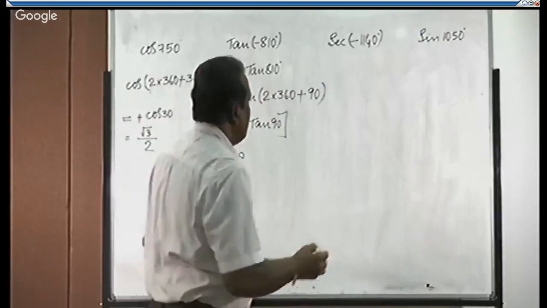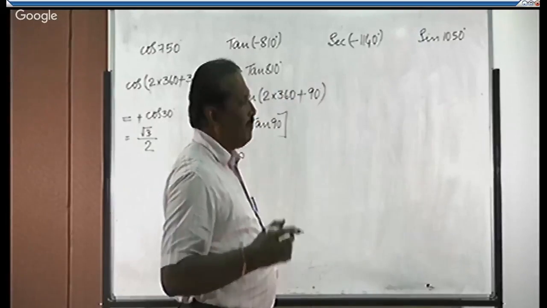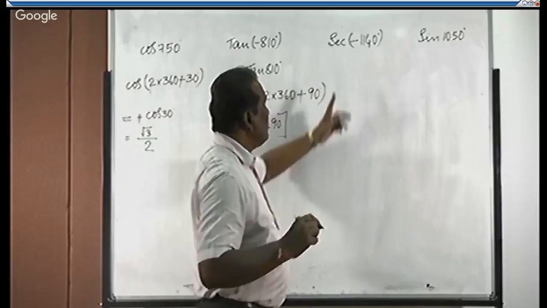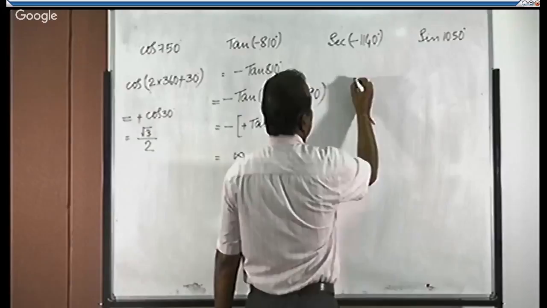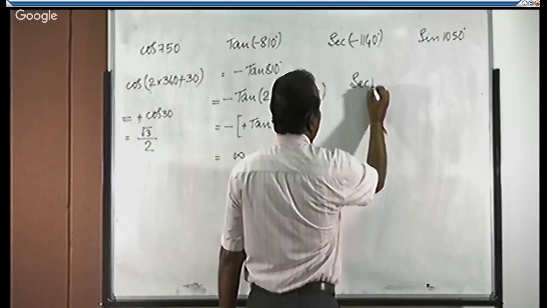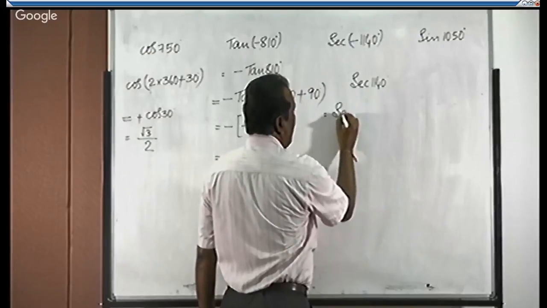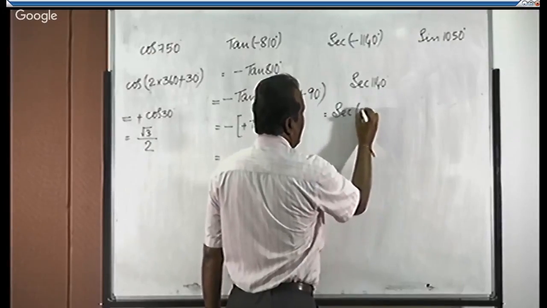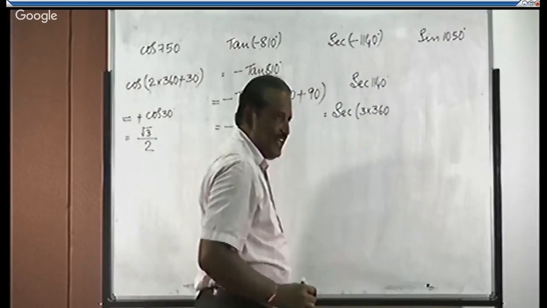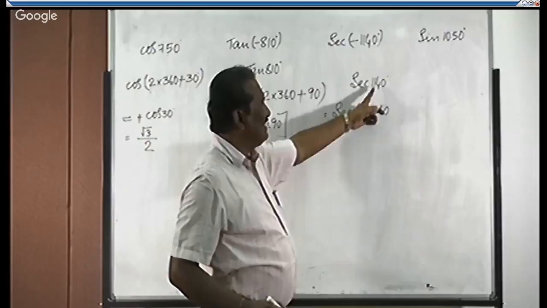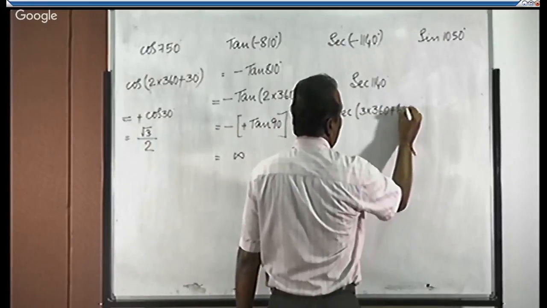So now, by following the same convention, let us try to simplify secant of minus 1140. It is in the form of secant of minus theta. Secant of minus theta, we know that it is secant theta. Now, secant of 1140 degree, we can say 3 into 360, it will be 1080. 1080 is still lesser than 1140. Therefore, 1080 plus 60 will fulfill